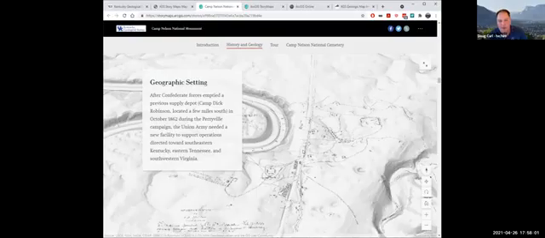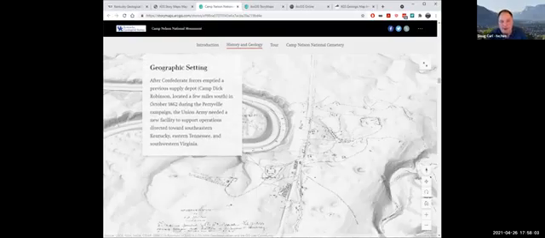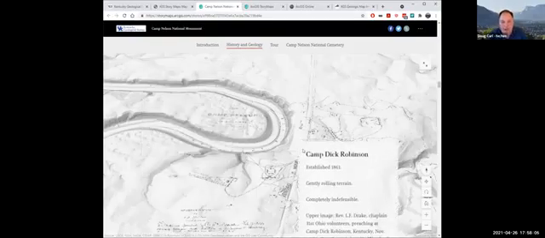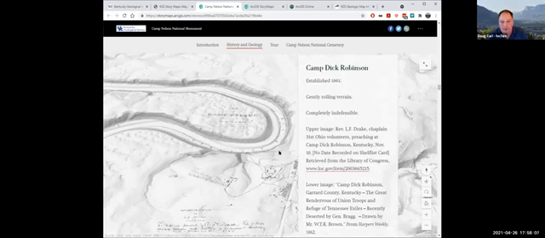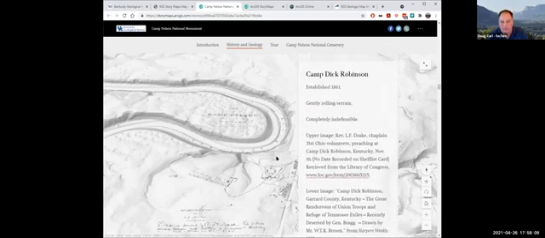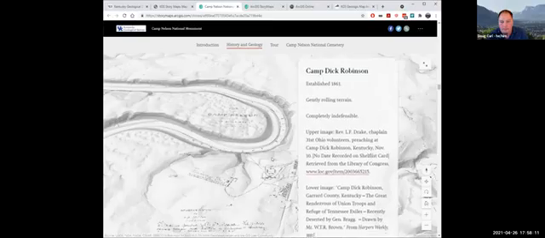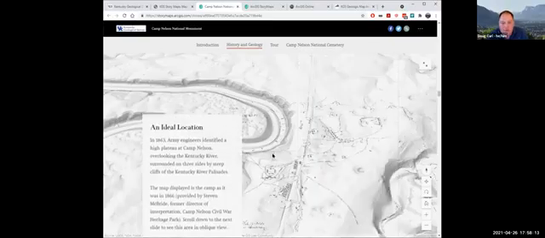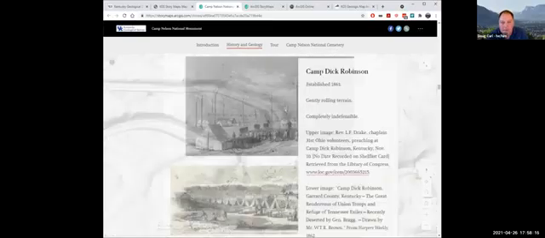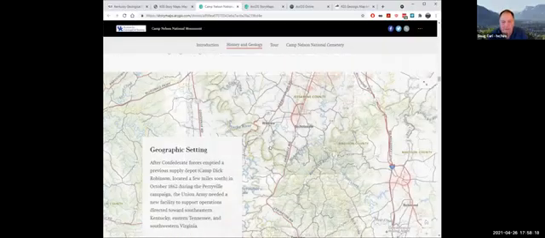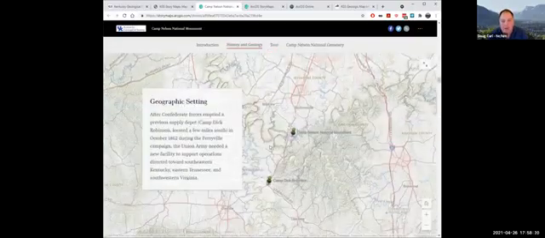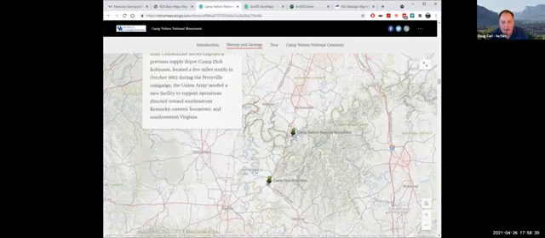There was another camp south of here that was not an ideal location. It was just indefensible. Okay, here we are. Sometimes I've had this thing open all day, so I think that's probably what it was. Camp Dick Robinson was south of where Camp Nelson was established.